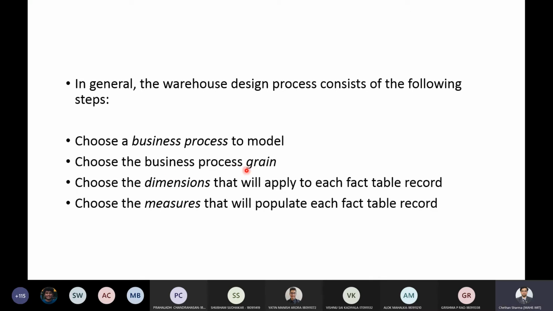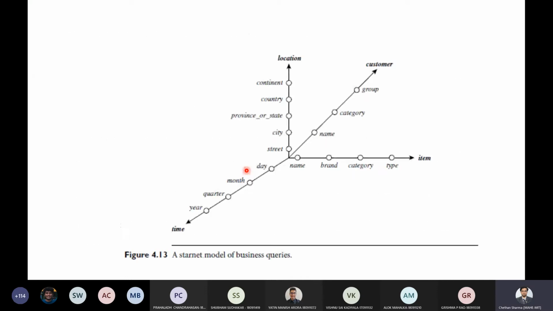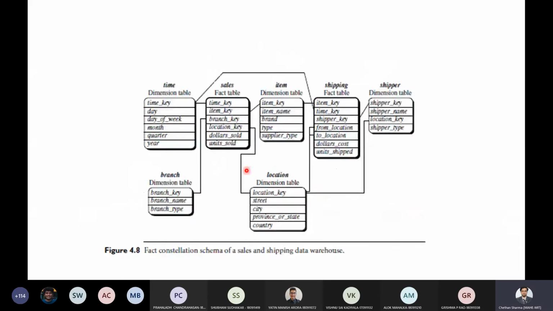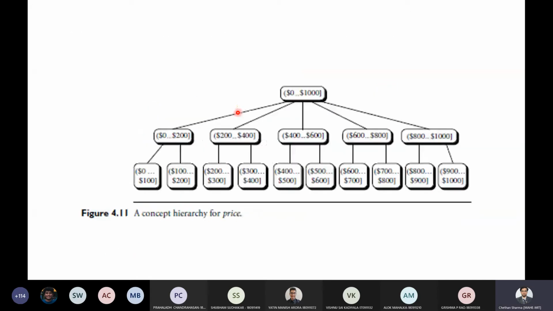Next is choose the business process grain. That is, choose the fundamental and atomic level of data to be represented in the fact table. See, this is the fact table. So choose the atomic level. Item key is the atomic level for anything and everything related to the item. And time key is the fundamental, basic atomic level for time.